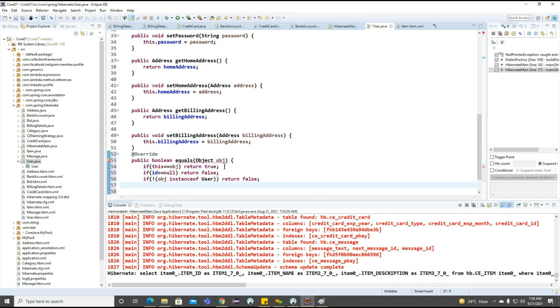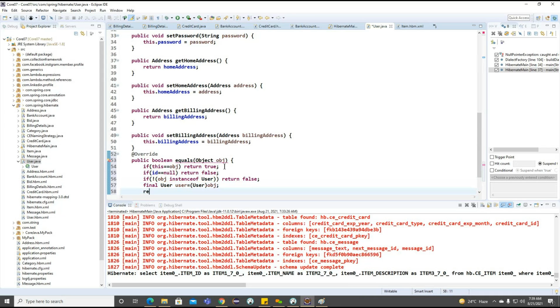So finally, User user equals the User obj. Now I'm converting it into a User object.